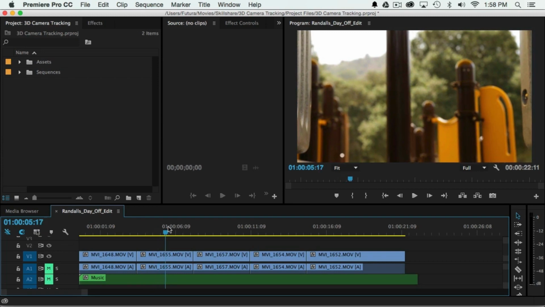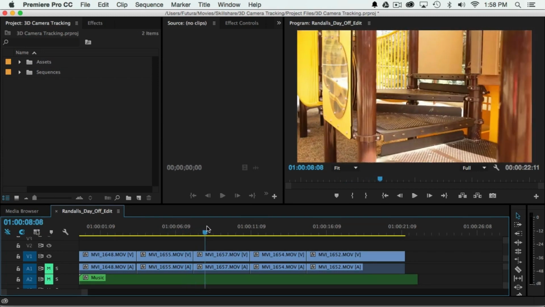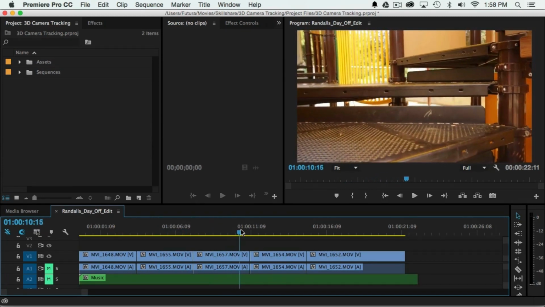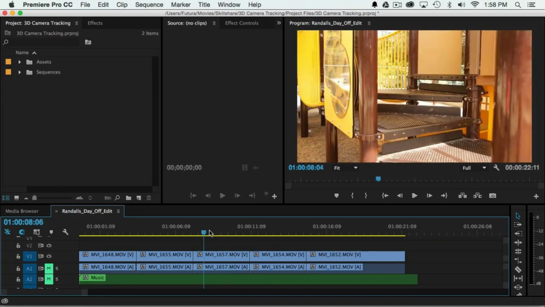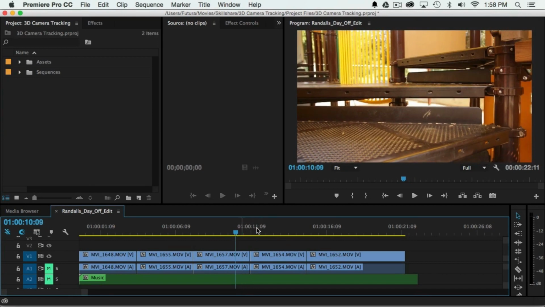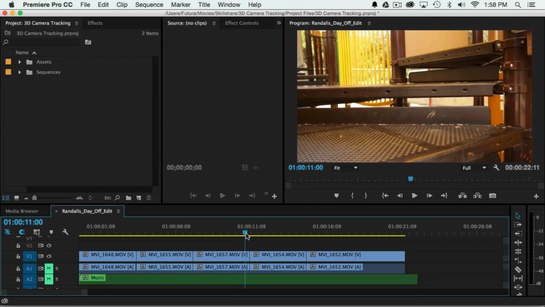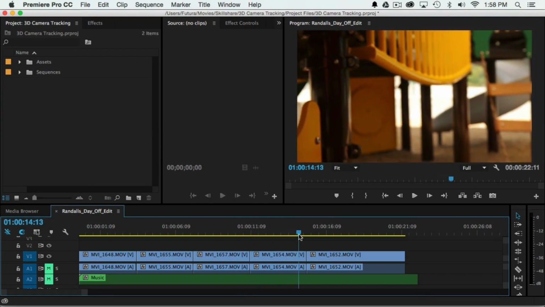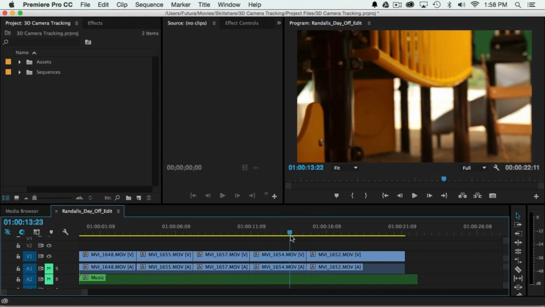This next shot is very simple, nothing too complicated going on there. This shot might look more complicated, but again, it's just a simple dolly in. The zoom doesn't change on the lens, it's not too terribly shaky, so After Effects shouldn't have any trouble tracking that. Same thing for this next shot, just a very slow pan, a little shaky, but nothing that After Effects